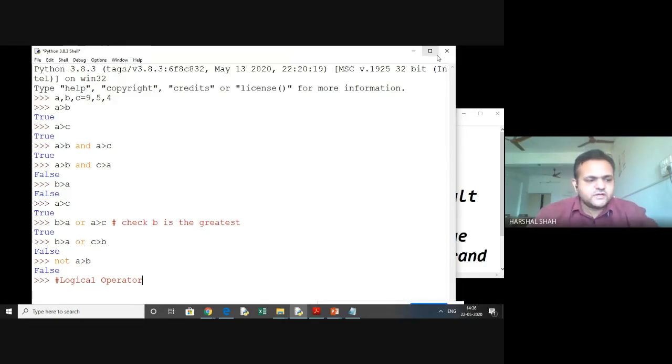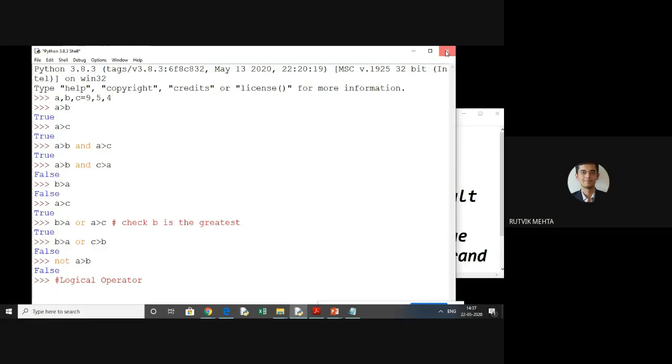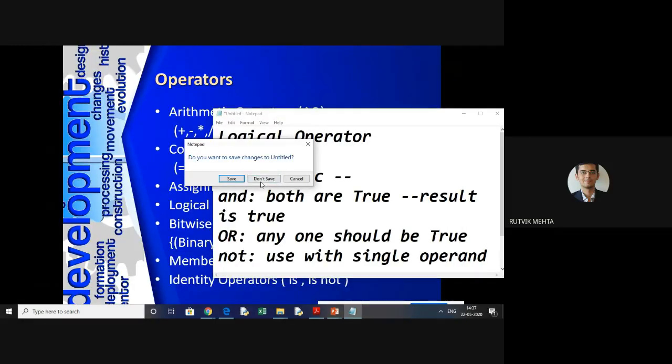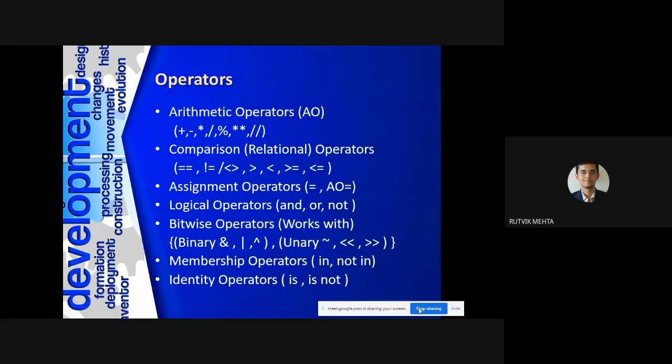Now Rutvik sir will take charge. Rutvik sir, please take charge. Yes, I'm closing. Devangi madam, if you have any question, please let us know. Am I audible? Harsha sir?